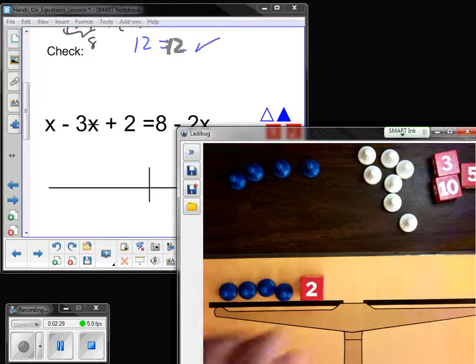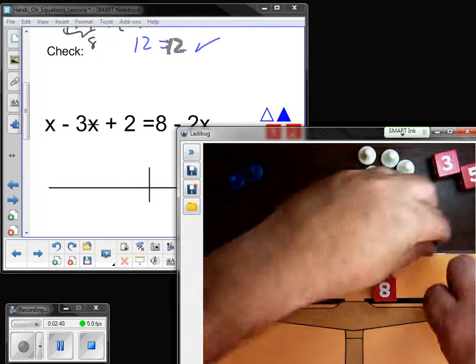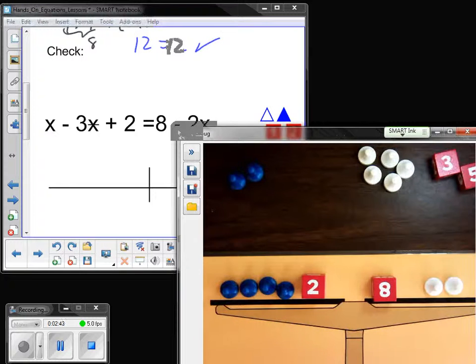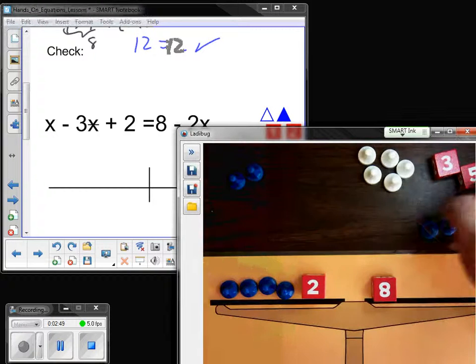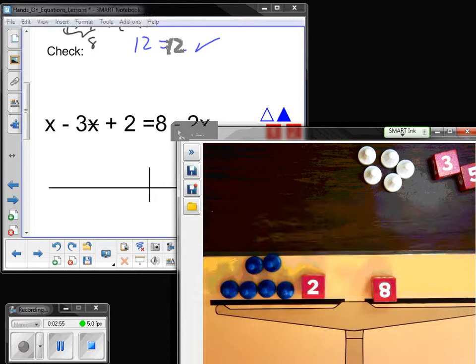Now on the other side, I've got 8, and I'm supposed to take away 2 x's. Well, I have 2 options here. One option is to put 2 zeros on the right-hand side and then take away the 2 x's. But now I have a problem with x's and stars, and then I have to take care of all of that. Option 2 is to add 2 x's to both sides, and then I can take away the 2 from the right-hand side. And I think that's what I'm going to go with this time,